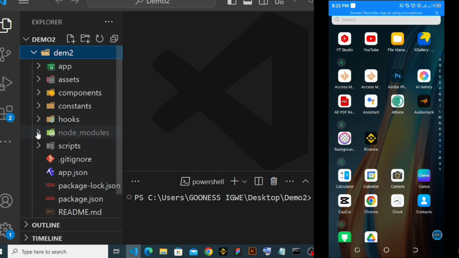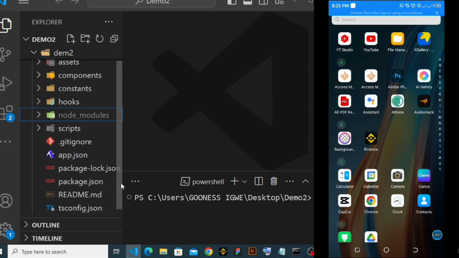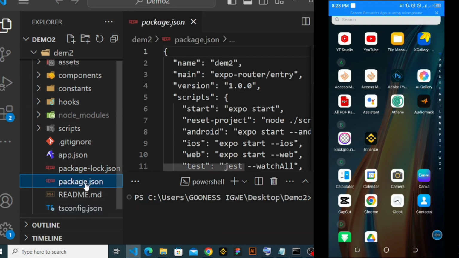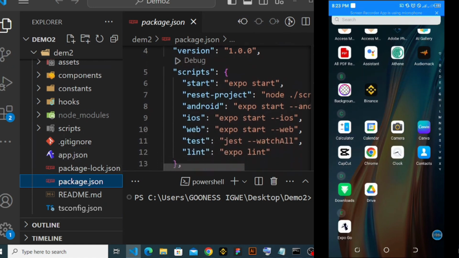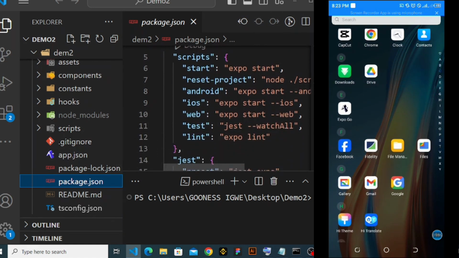So these are the packages that were installed: the node packages, the node modules, and other files and things. Now this is the tsconfig.json, and this is our package.json file. So here, since I'm using a physical device, because you either use an emulator, simulator, or a physical